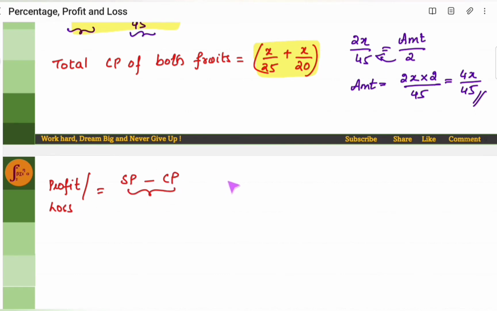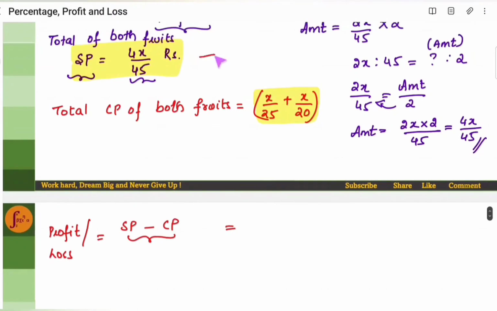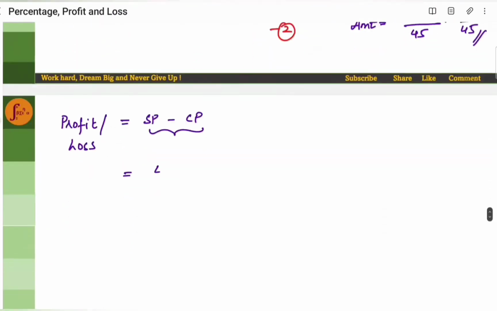Now we will find the difference here. We have the total selling price and we have the total cost price. So now you know why we got the total selling price and total cost price: because we need to ultimately find out if it is a profit or a loss. So we'll subtract these two equations. So I'll get 4x by 45